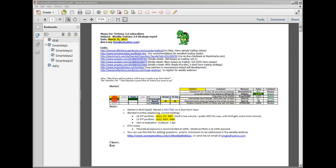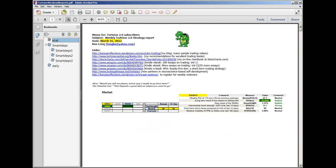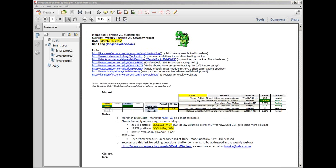All right, so we have a market that is still bullish, quiet. Let me increase the size just a minute. There we go. Okay, so we got a bullish normal market, and it is neutral on an annual basis and on a 10-day